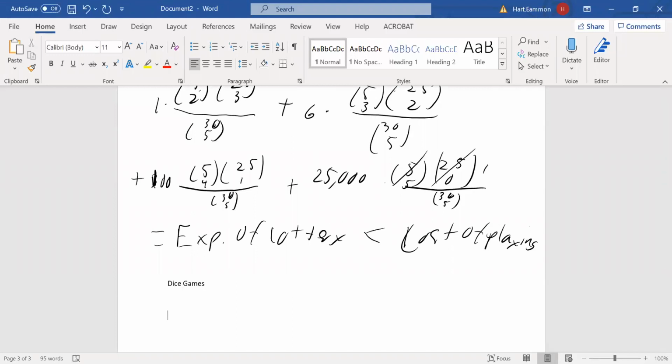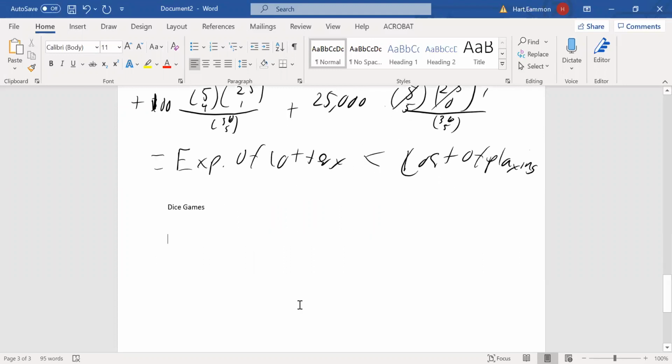So, dice games. If any of you guys are into board games, if you play Settlers of Catan, that 7 is, I think, the most valuable possible roll. It's also the most likely possible roll. So if you have 2 dice,